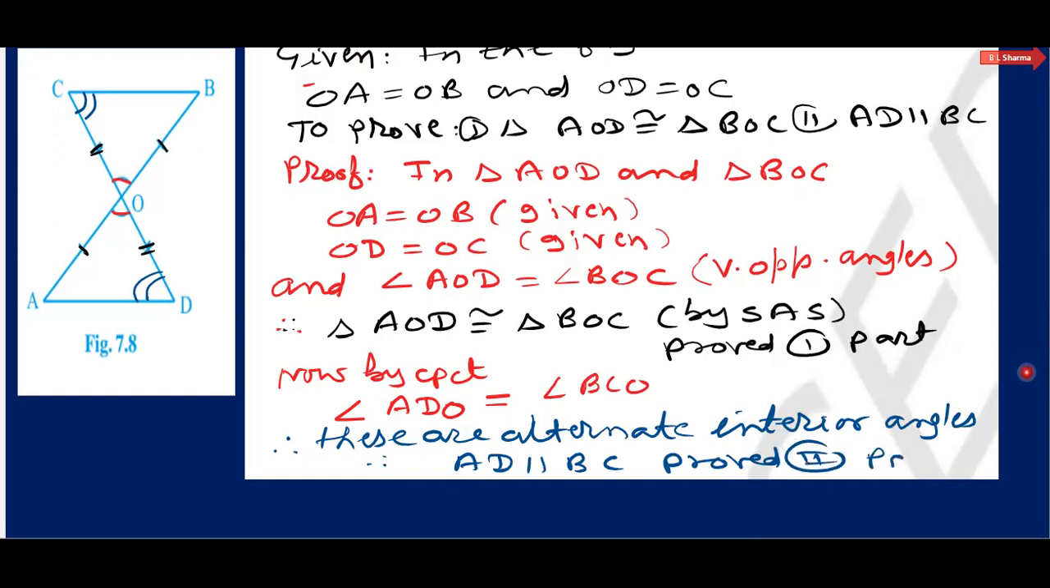सेकेंड पार्ट, क्योंकि यहां पे ये एंगल सी और डी दोनों इक्वल है, एडीओ और बीसीओ, और ये ऑल्टरनेट इंटीरियर एंगल्स है, सी डी ट्रांसवर्सल है। जब इंटीरियर ऑल्टरनेट एंगल्स इक्वल होते हैं तो लाइंस पैरेलल होती है। दैट्स ऑल फॉर दिस एग्जांपल नंबर 1।